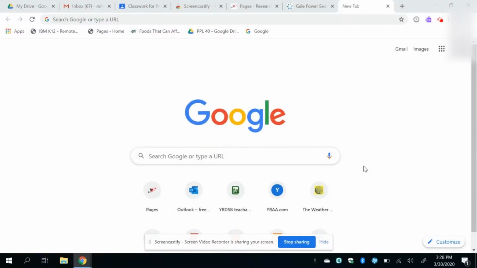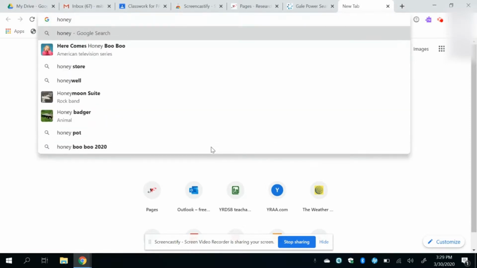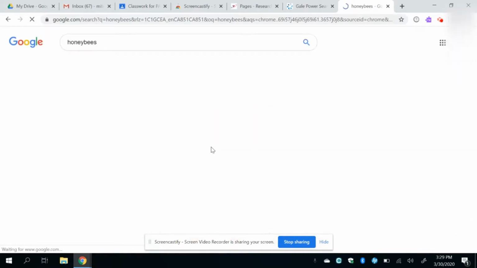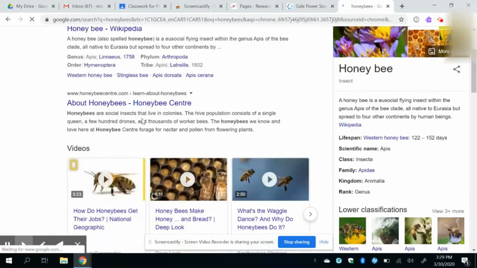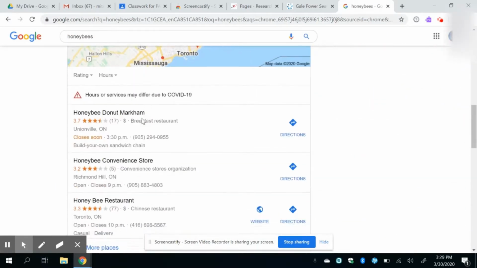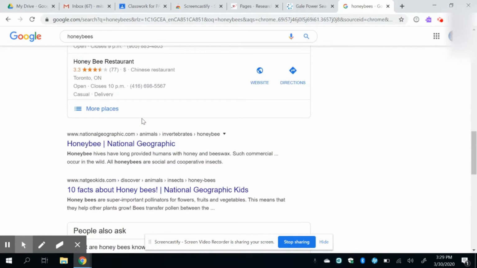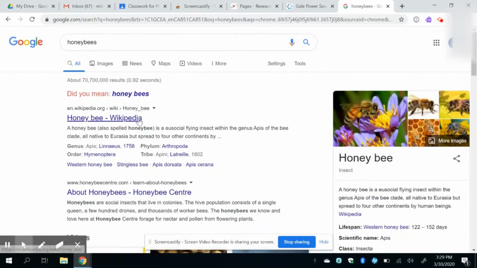Going to talk about the importance of doing an advanced search when you are researching information. It isn't enough to just type in your term into your Google search window, let's say honeybees, for example, and just assume that all of these results will be helpful to you. We want to narrow our search a little bit more, and we want to make sure we're finding academic sources